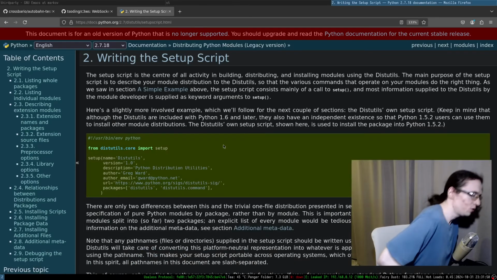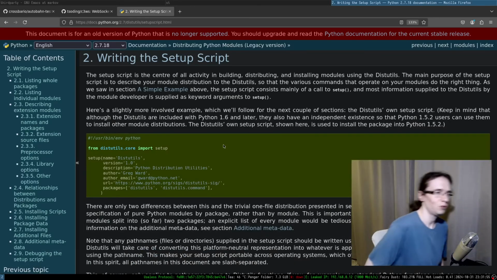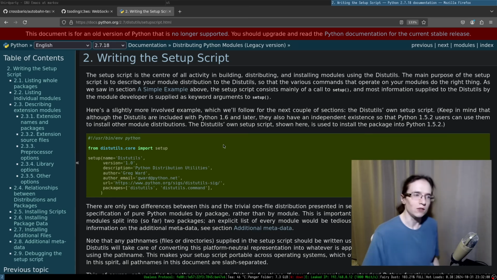Anyway, so what do we have in here? The setup script is the center of all activity in building, distributing, and installing modules using the distutils. The main purpose of the setup script is